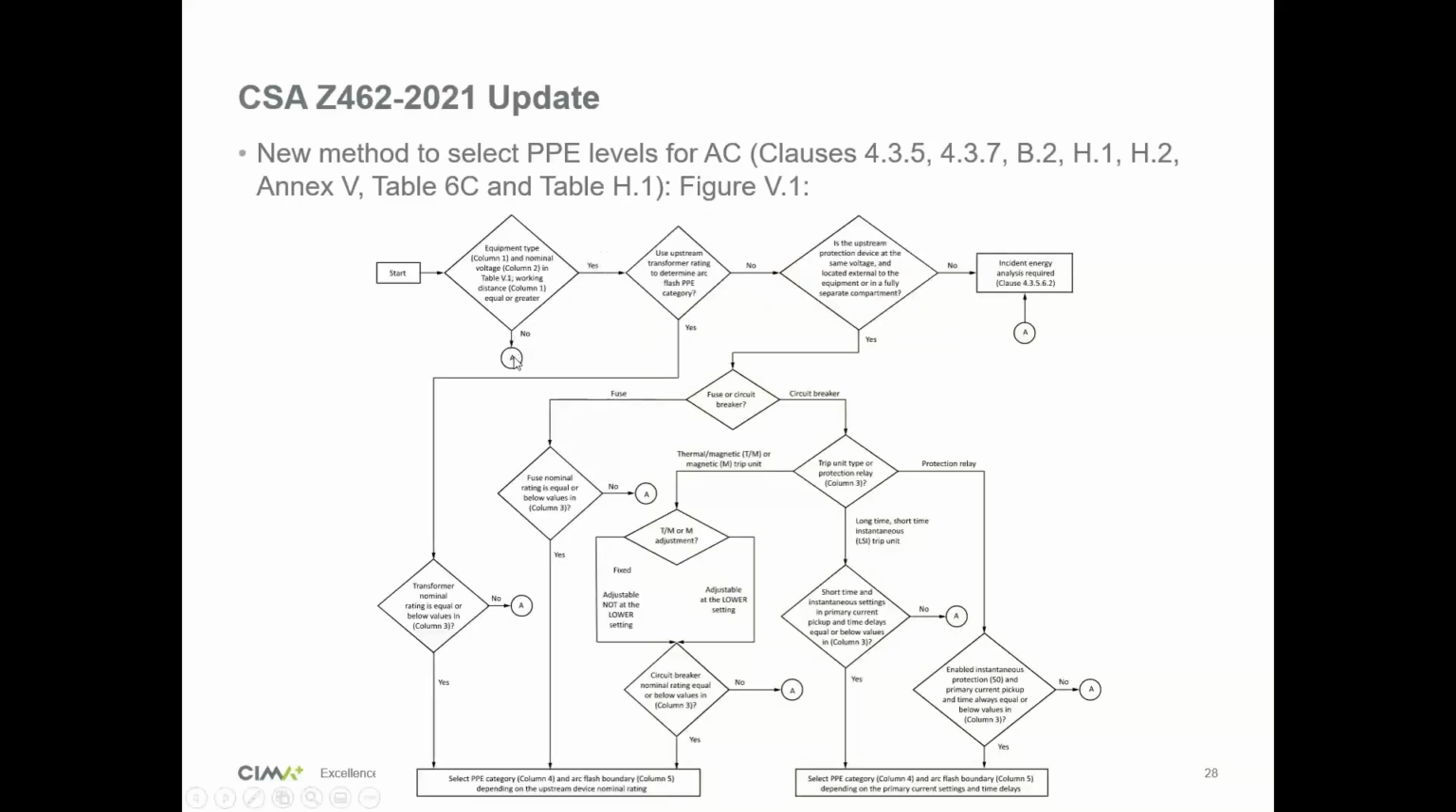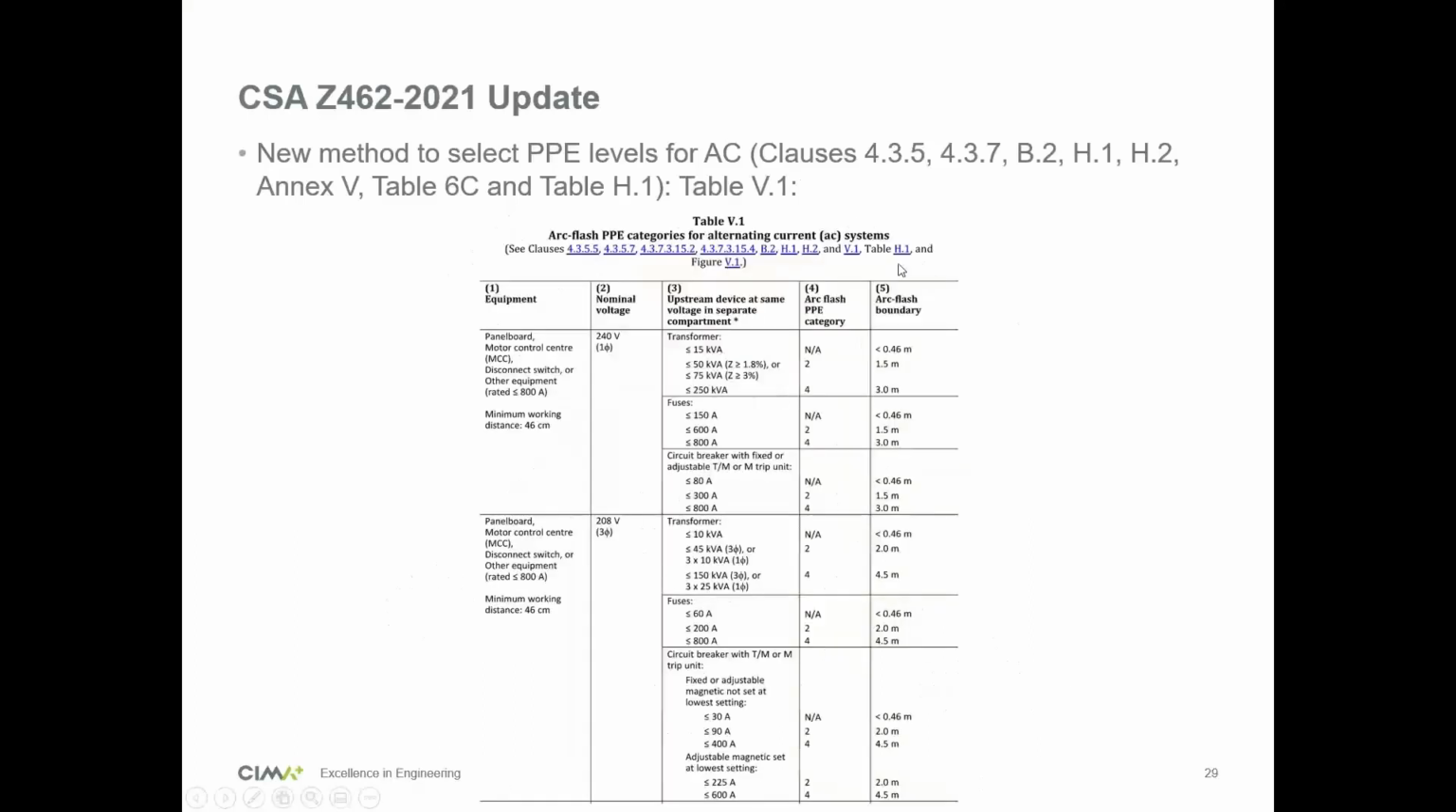And if you go no, you go to A, and then A goes right over here to A, and then it says incident energy analysis required, which means you need to model your system in software such as EasyPower and find the actual arc flash value. So basically, you go through these yes, no questions, fuse or circuit breaker, and then if you end up at the bottom here, it says you can use table V1 to find your PPE category and your